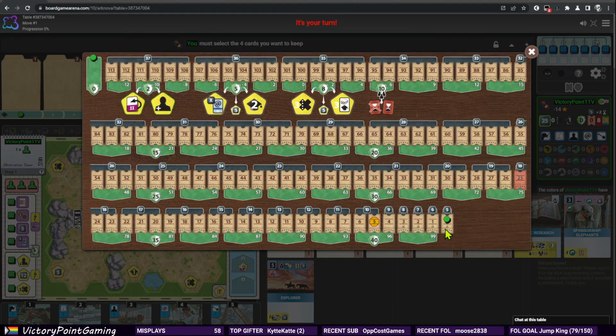In Ark Nova, we have appeal, which is these tickets going along here, and that's always worth 1 point each. And we have conservation points, which are these green shields going this way. Initially, they're worth 2 points each, and once you have 10 of them, they then become worth 3 points each. Now, I generally tend to think of these as being worth 3 points, as a rule of thumb, but that's